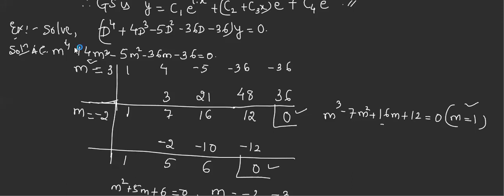So just see here we have a biquadratic equation. The auxiliary equation is obtained by replacing d by m. So write this equation and equate it to 0. Now, let us do it by synthetic division because we cannot do it in the calculator directly. So synthetic division, write all the coefficients.